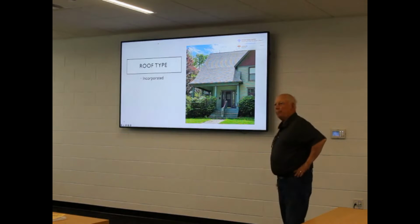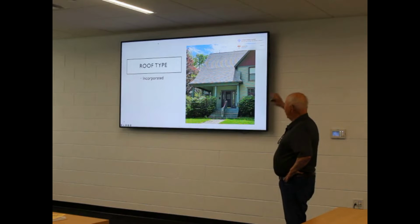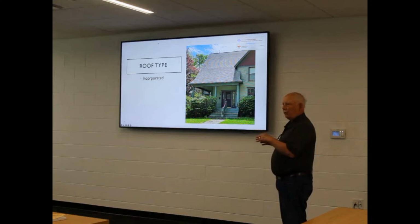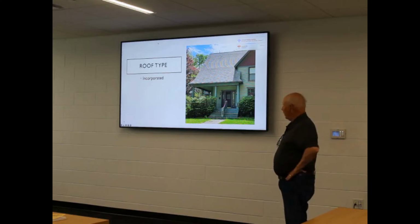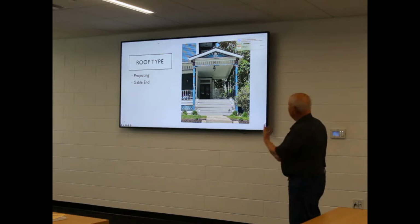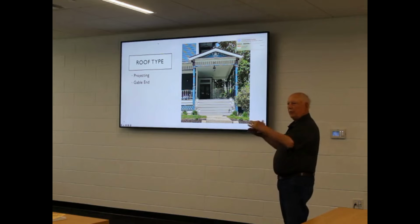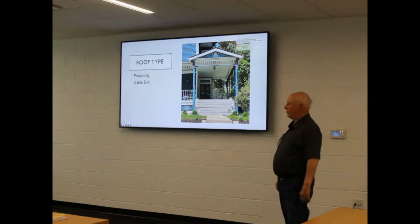This was very popular in the period bungalow style, where the porch itself is actually encompassed in the main roof of the house, as opposed to being something that was added on later. But this is fairly typical. We have several houses like that in Mount Vernon, where the main roof of the house actually encloses the porch as well as the house itself. And then we have the projecting, I showed you a picture of that earlier, but here's a projecting gable on what otherwise is a hip roof all the way through, except where they want to accentuate the entry and then they went to a gable